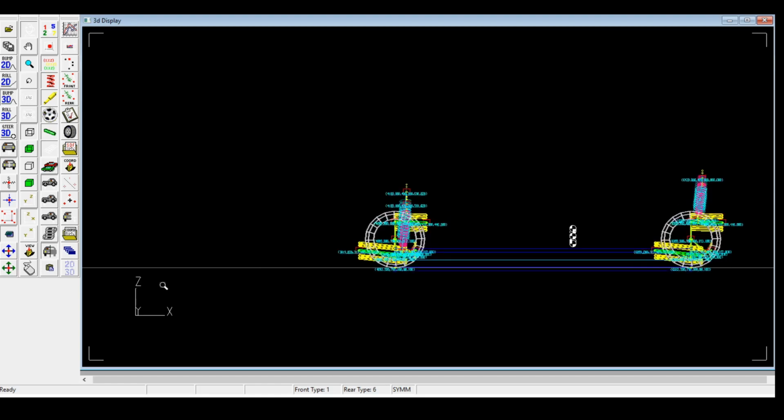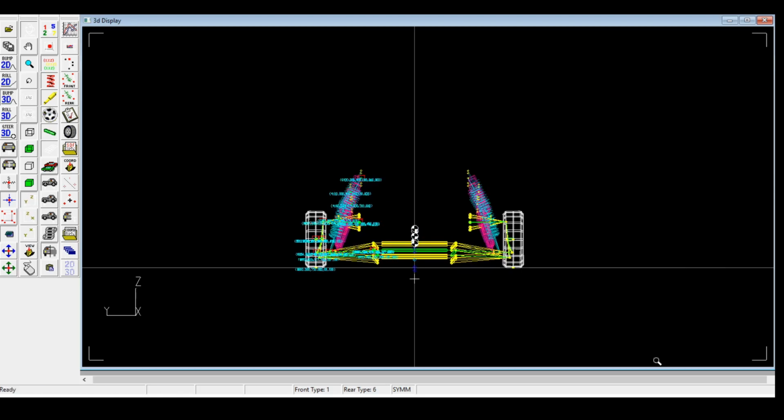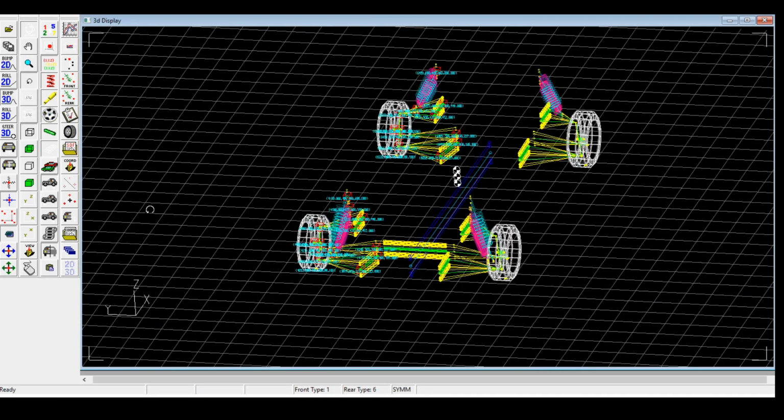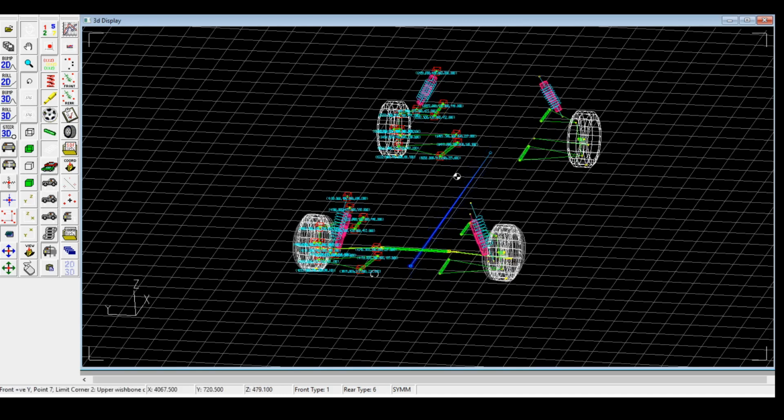And we can stop the animation. Now this is a front view. You can rotate it a little bit so that it is made visible. Now we will be clearing all those yellow lines. Okay, that is fine. I hope you got an average idea. The next step in this process will be adjusting all these wishbone points. That will be discussed in the next video.